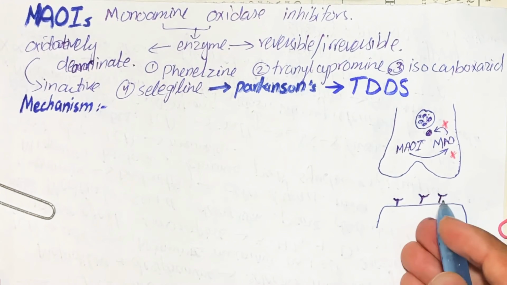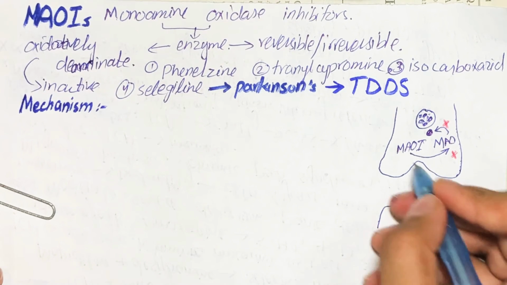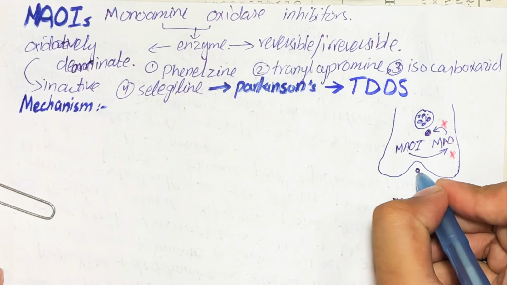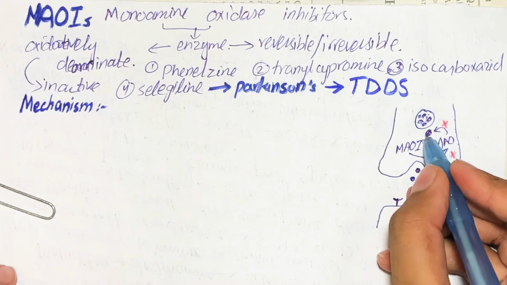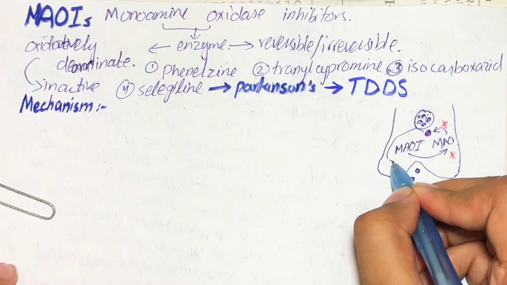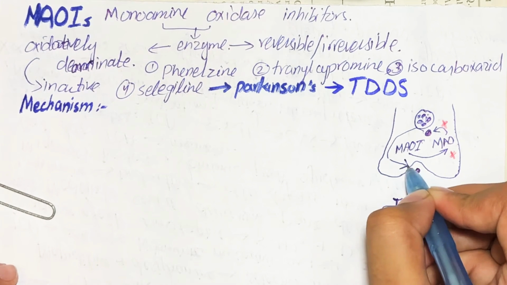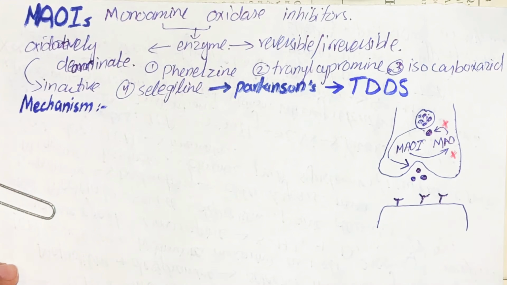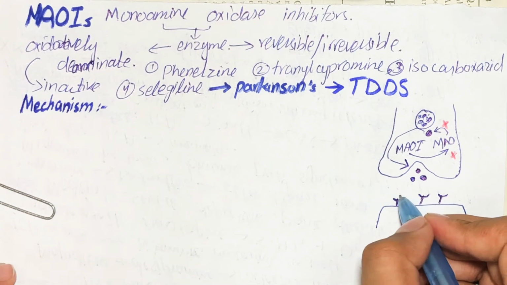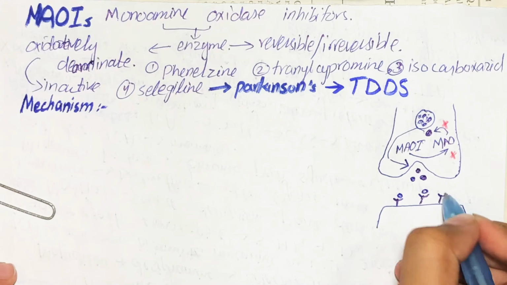And when there will be arrival of the action potential, there will be release of neurotransmitter from the synaptic vesicle. Not only neurotransmitter from the synaptic vesicle, but also the ones which were leaked from the synaptic vesicle when the neuron was at rest, those neurotransmitters will also be released into the synaptic cleft,